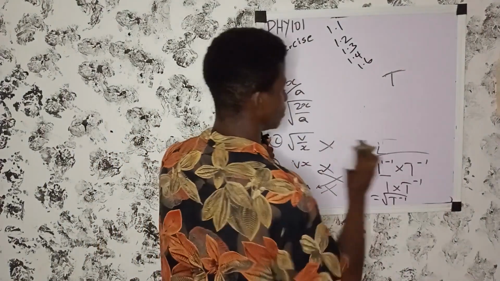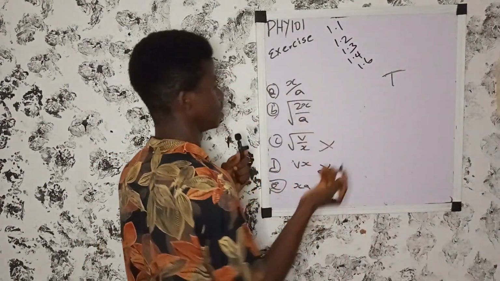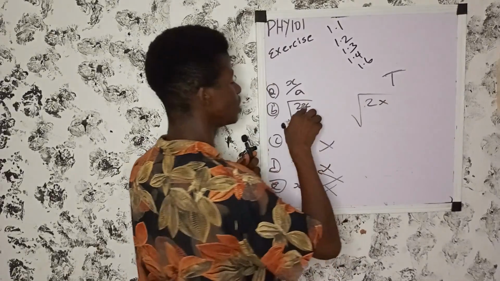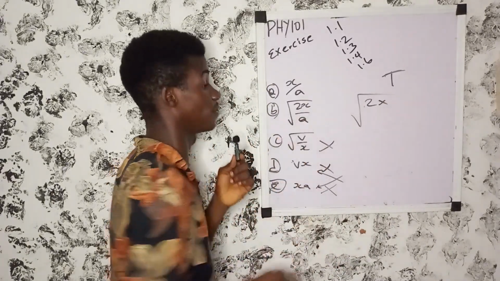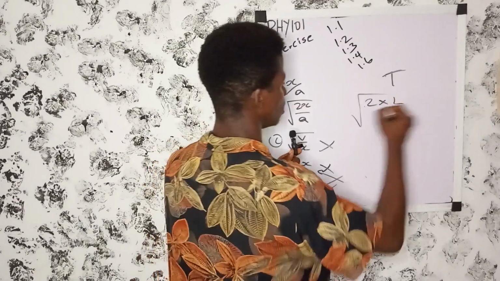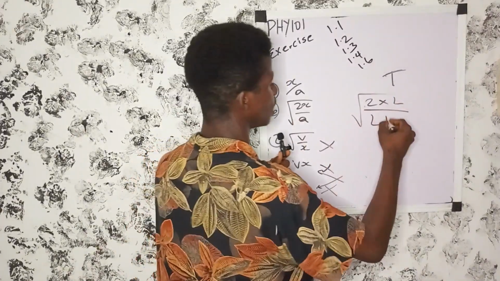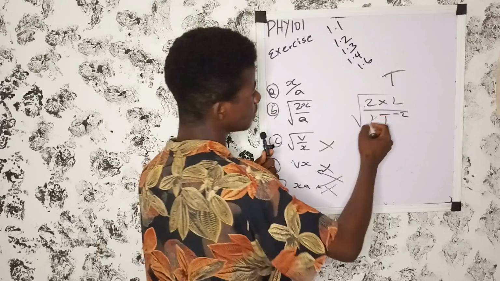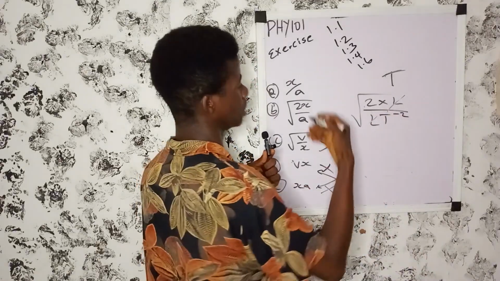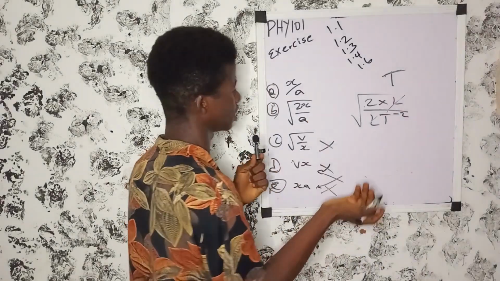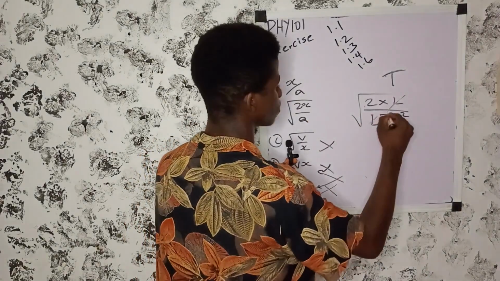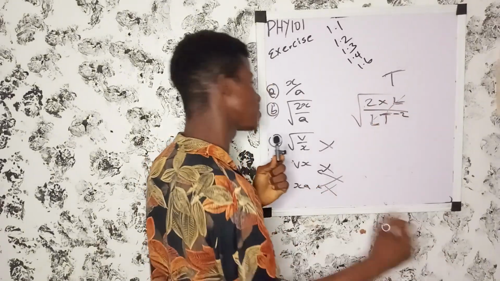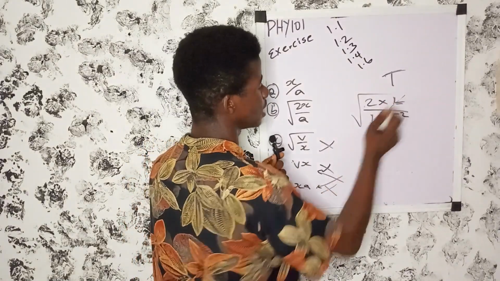Then let's check B. Now B is root, what is the dimension for distance? Dimension for distance is L. Then all over, what is the dimension for acceleration? L t raised to minus 2. Okay, so we can cancel, or do any other thing. Let's just go straight. Since both of them are the same base,